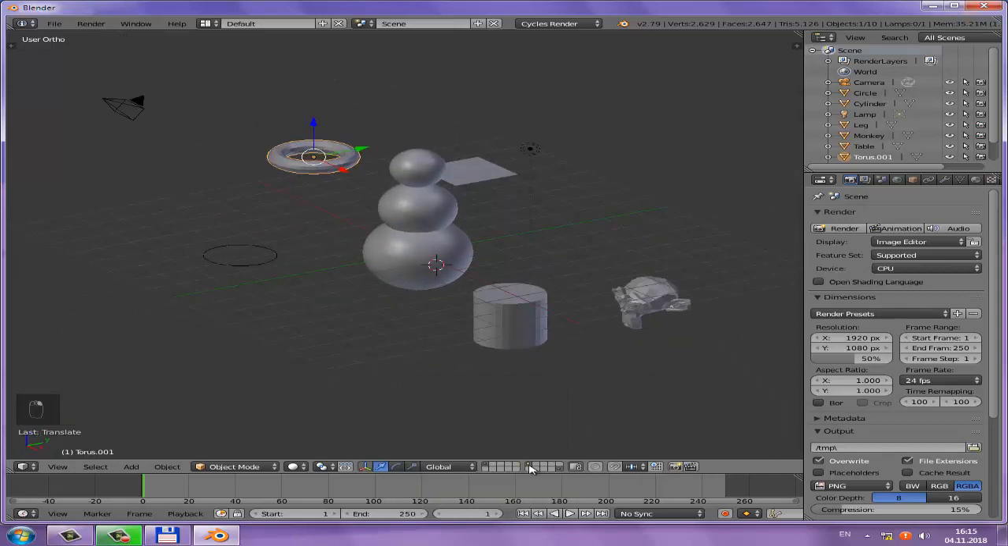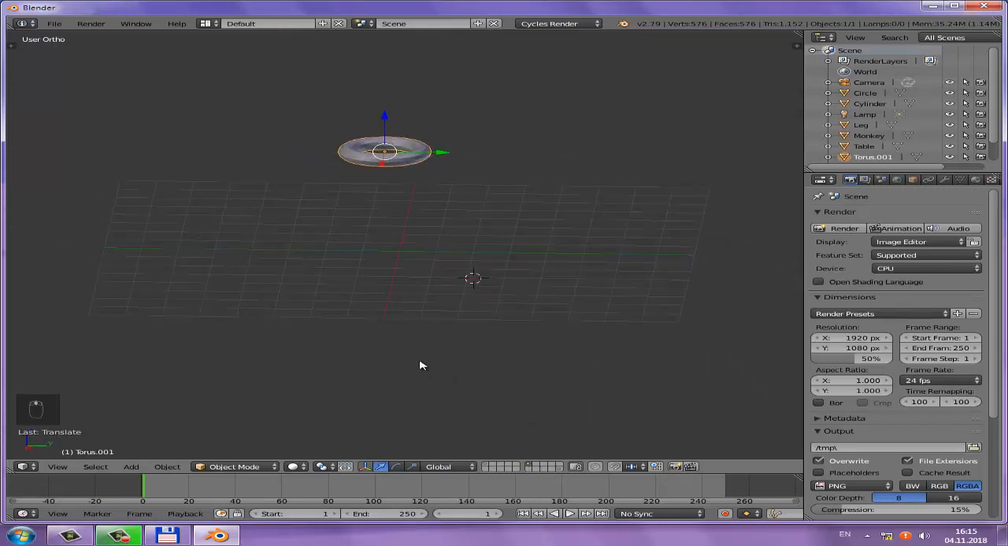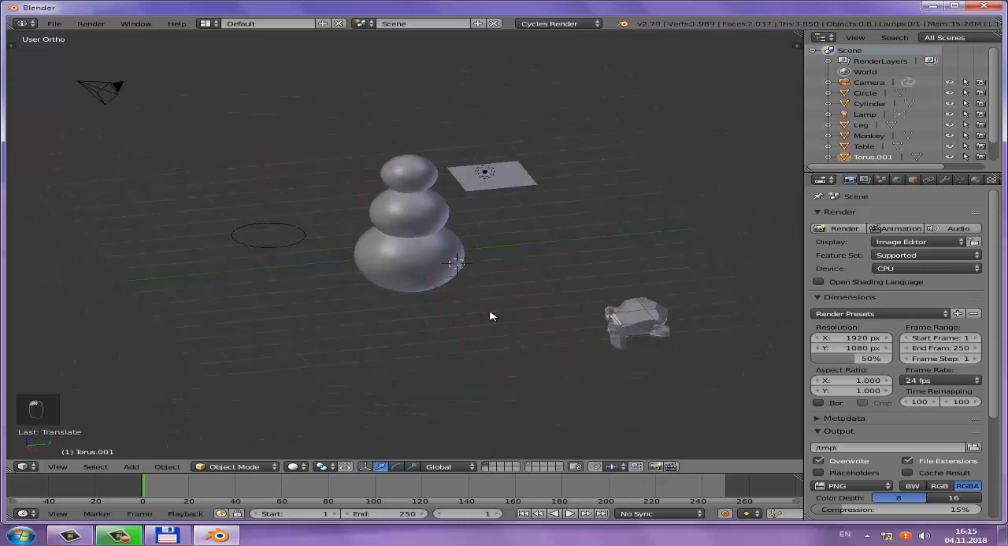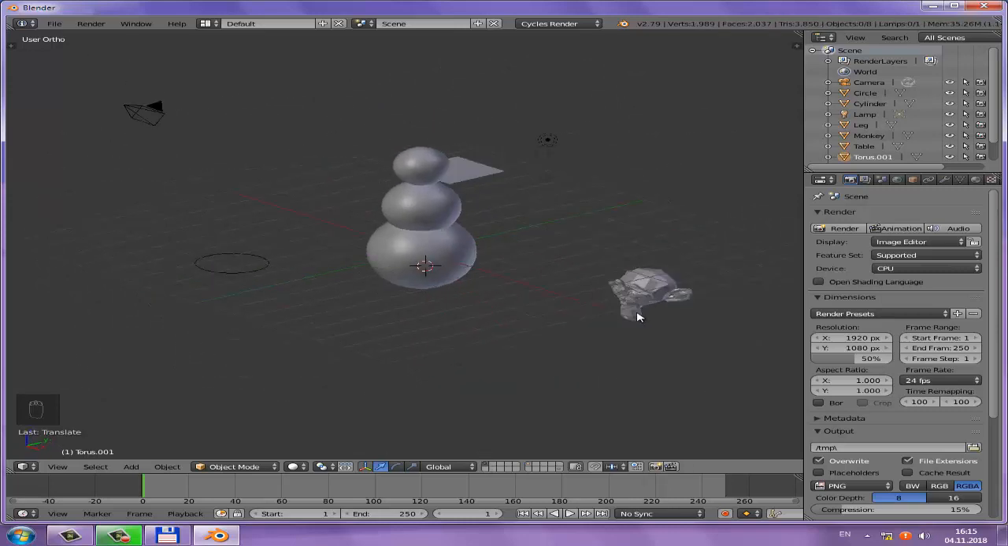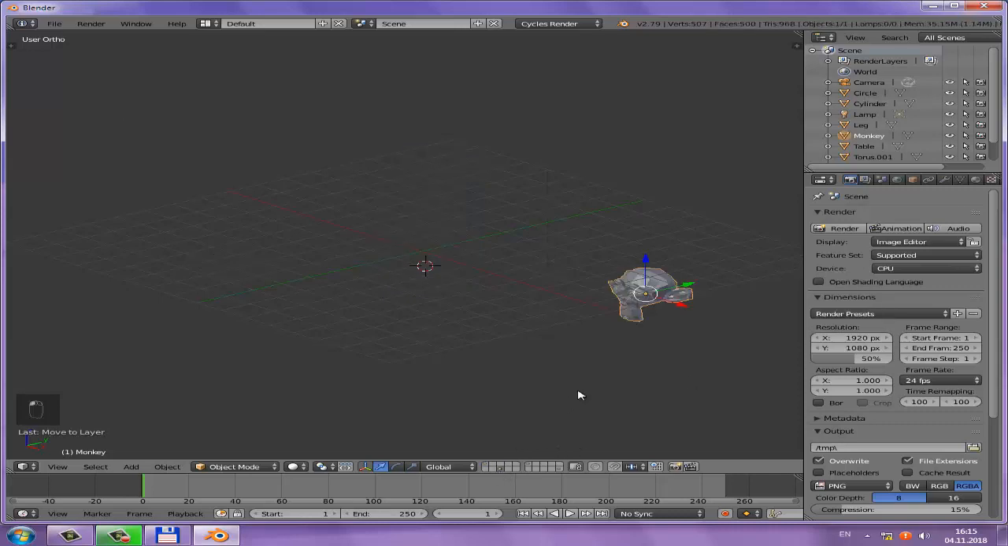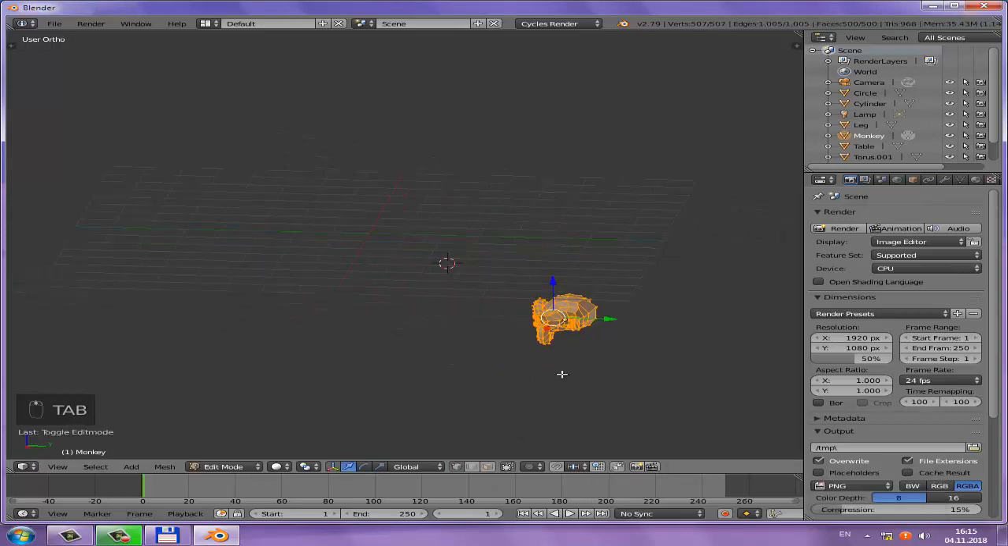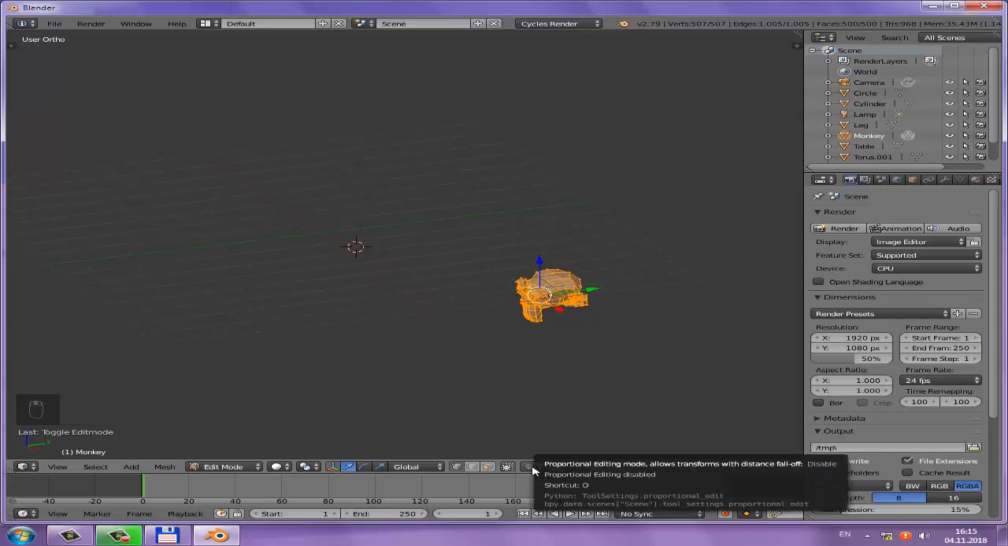But if you go to one layer, you will see only the torus or only our snowman. And if you want to move one object to another layer, press M, and you can see to which layer you will move. Like I want to move here, you can see that in that layer I have my body key. Also, these things are not mostly used,